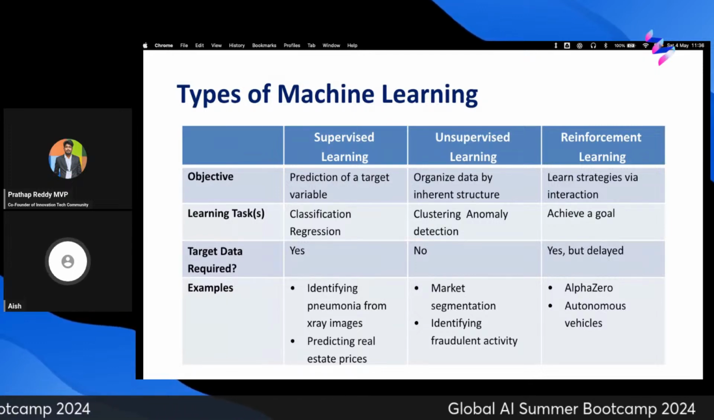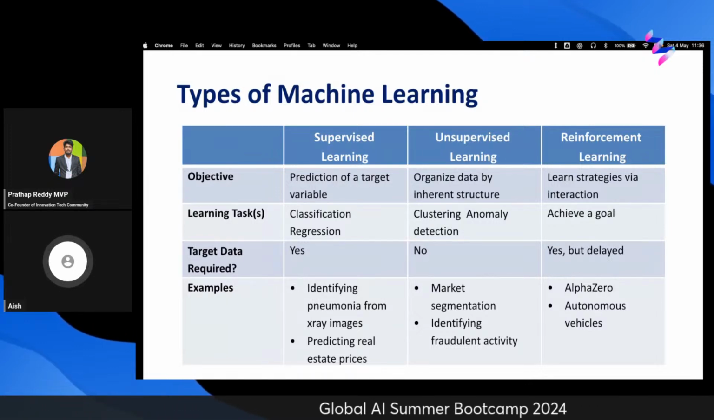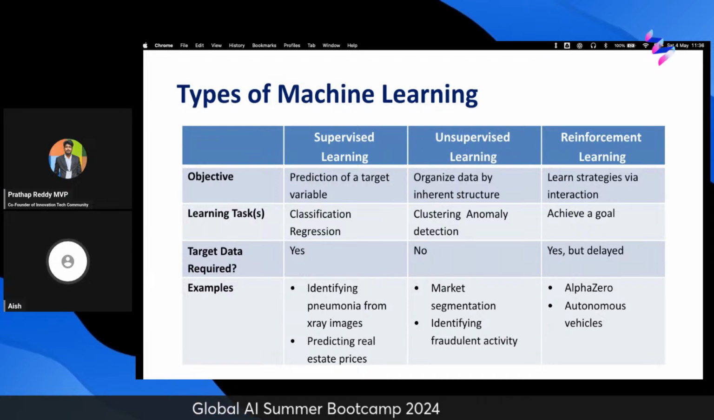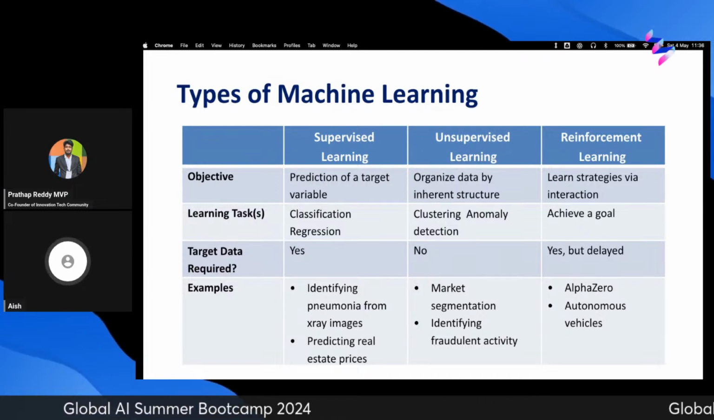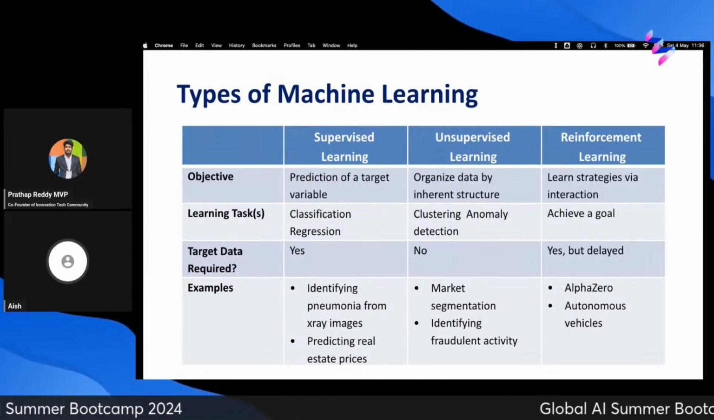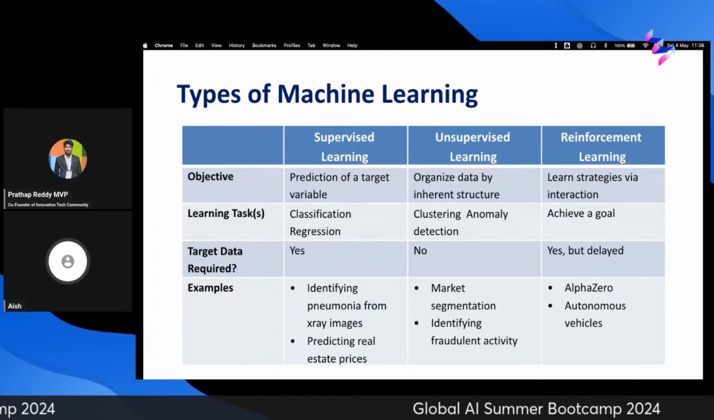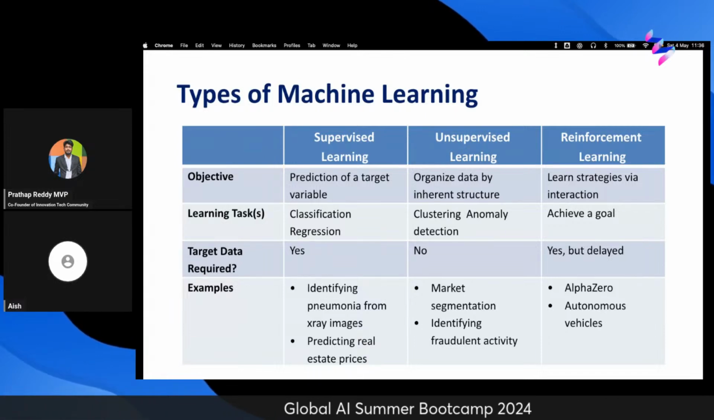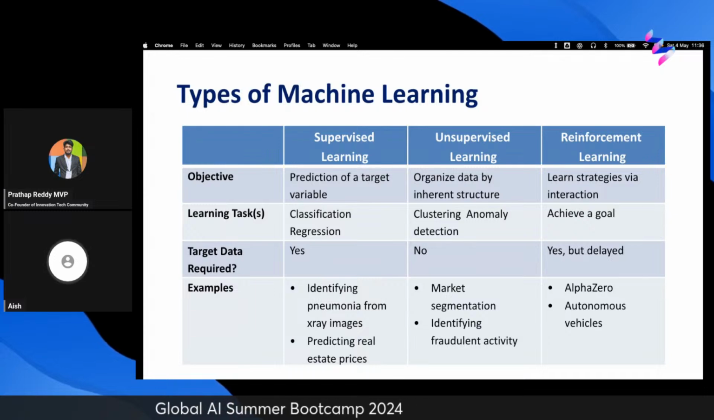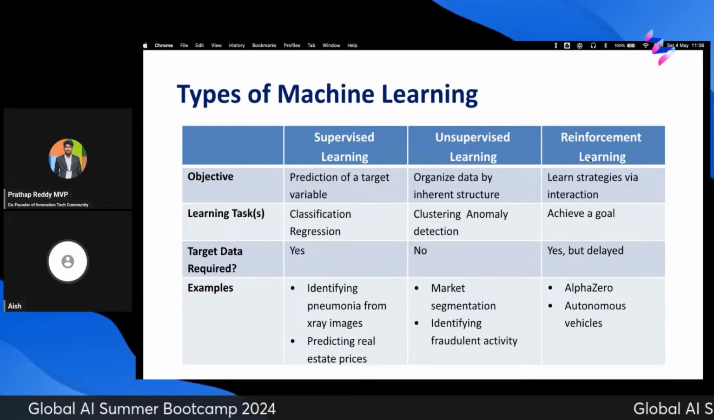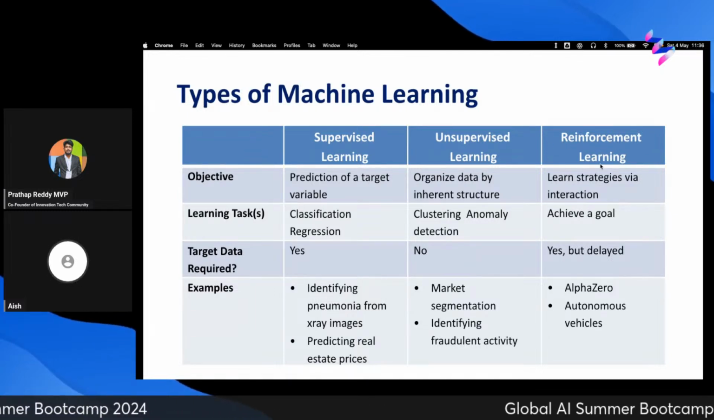By clustering, we mean that these are the users which all show similar kinds of behaviors. These are the users which all show similar kinds of behaviors on other aspects. So that is unsupervised. And then you have reinforcement learning, where you teach an ML model that, hey,